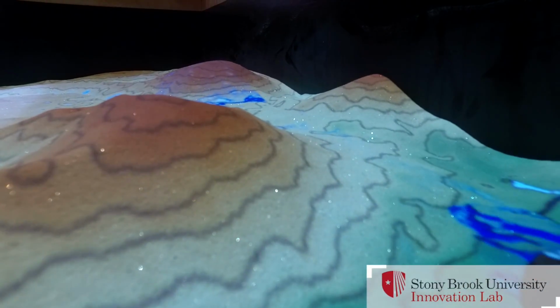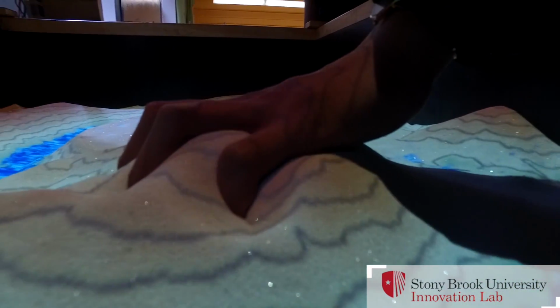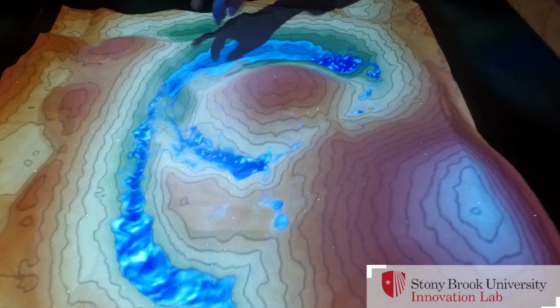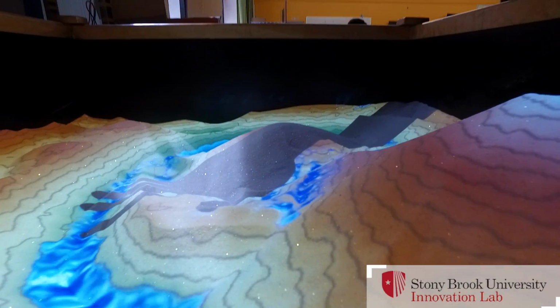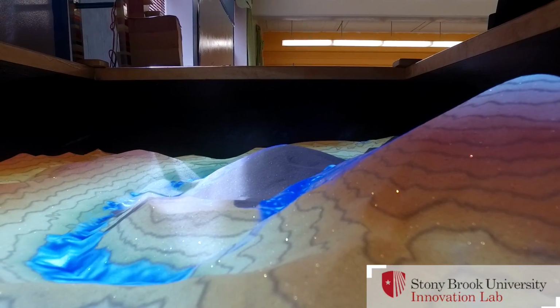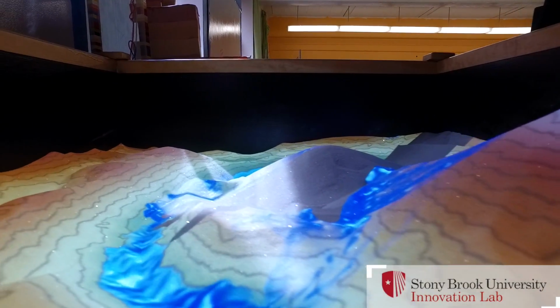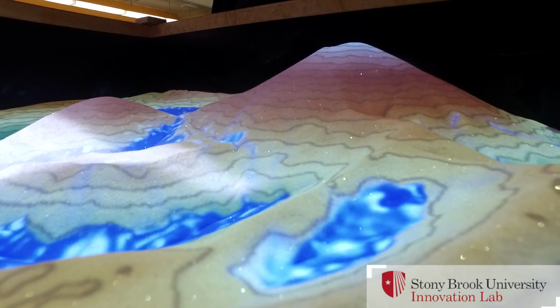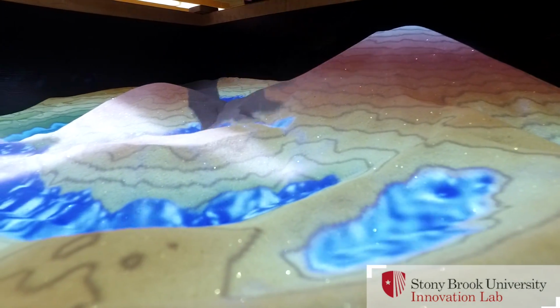So the AR Sandbox, AR for augmented reality, is a tool that was developed by researchers out in California. And the geosciences department wanted to bring one here, create it. So it's open source technology, and we started this collaboration with the lab, geosciences, and we even had a student from Hofstra University. And we essentially rebuilt the sandbox and configured the software so that we could showcase it for